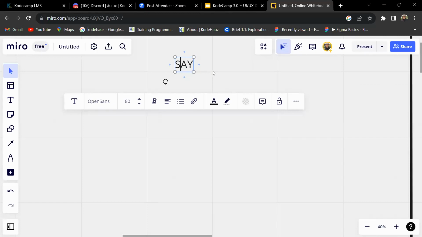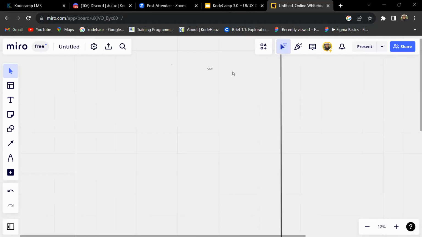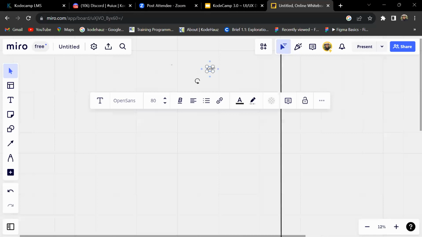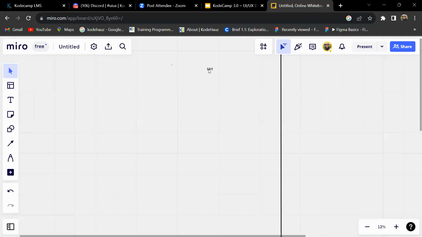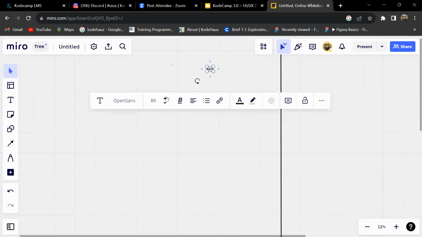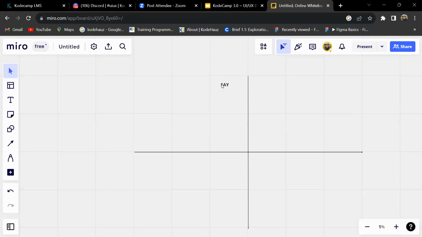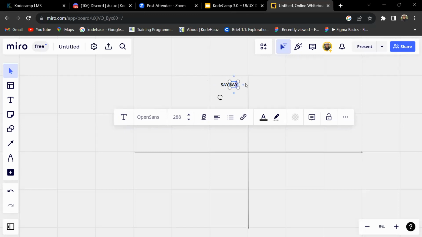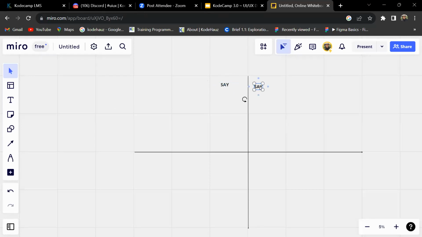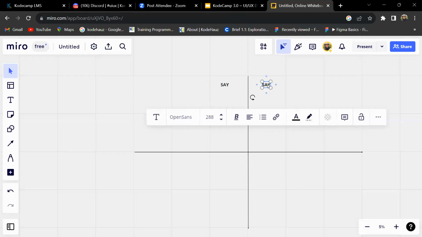I'll make this bold. I would like to increase the font size. This is better. So what I'm just going to do is, I think it has that feature. Sorry. Control D to duplicate. So I'm just going to drag this here